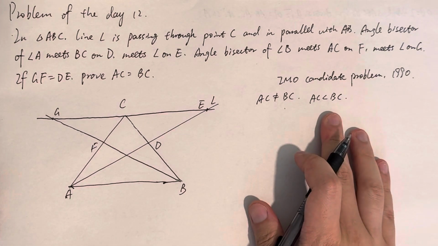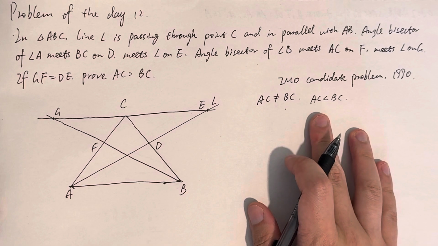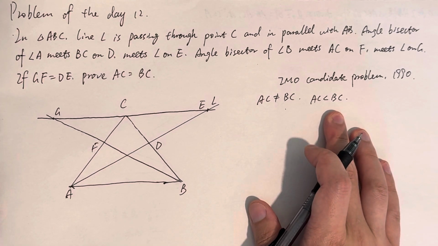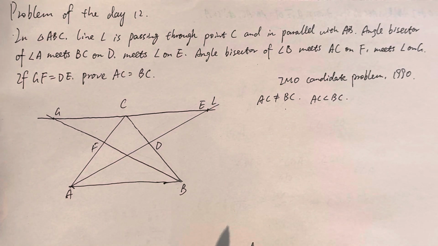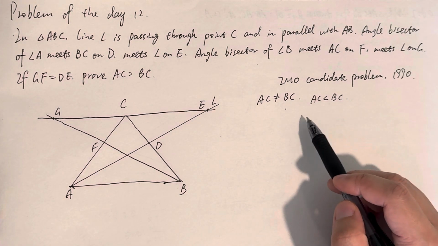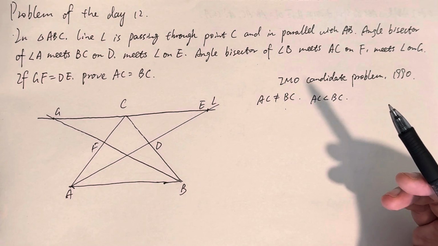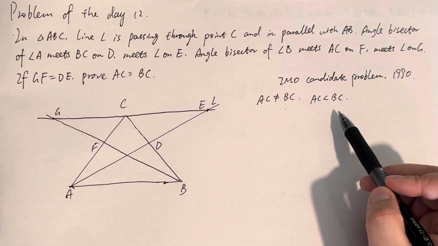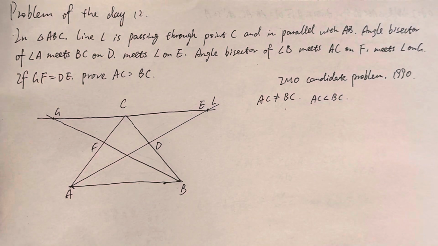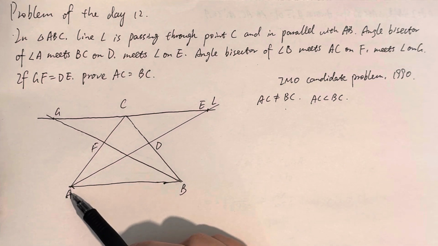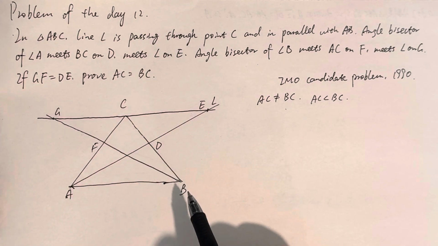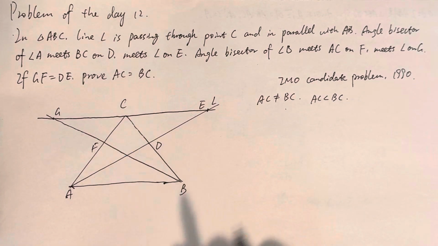And we want to prove that if AC is less than BC, we would have a contradiction, which means that AC is forced to be equal to BC, right? So let's assume here that AC is smaller than BC, which means